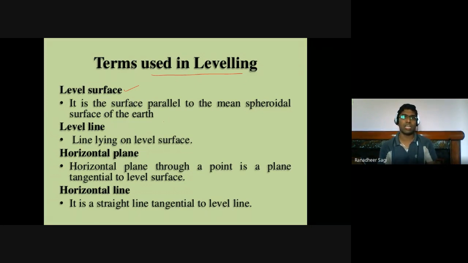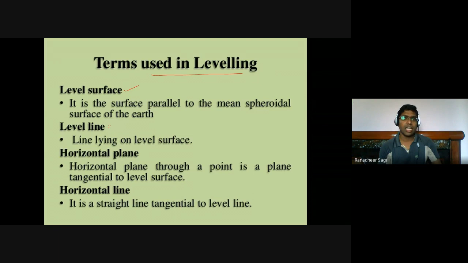Okay, datum is nothing but a reference surface. So mean sea level is nothing but a reference surface. That mean sea level I can also consider as your level surface. Or at any particular point, I can still go on to define what is called a surface which is parallel to your mean sea level, or parallel to the Earth's mean average radius position of the Earth's surface.